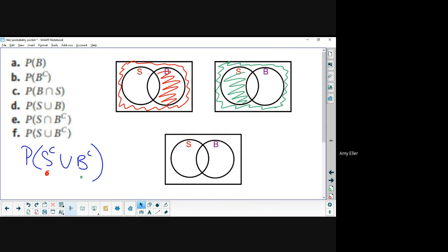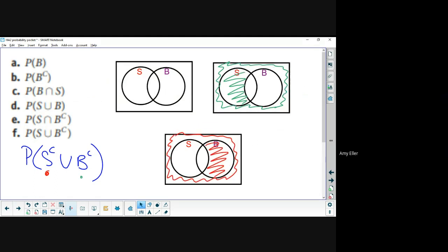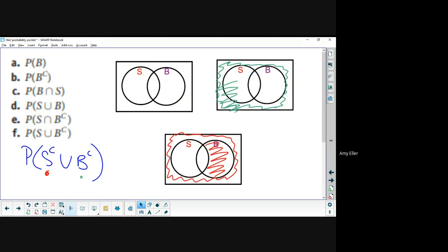I have drawn the first part, not S, or complement of S and complement of B. Now, do I want just where they intersect? No, I'm union. I'm putting them all together. So keep it all. So this, all of that. And I want to keep it with all of this. So essentially everything but the inside. Alrighty. See if you guys can come up with